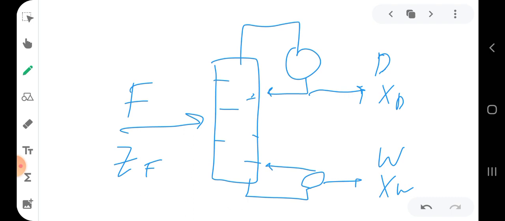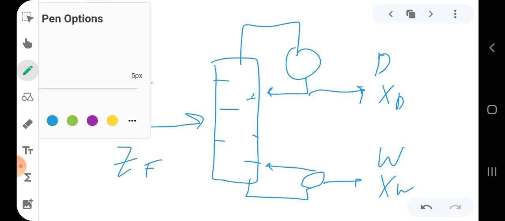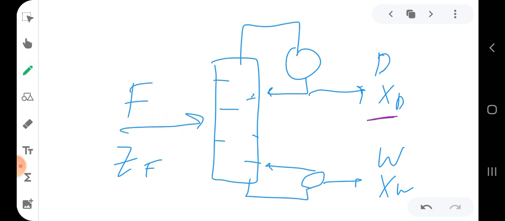Okay, so again we have the same case, but we are going to for example, if we know this XD, so we know our performance, how to determine the required number of stages using this method, which is the Ponchon Savarit method. Okay, so what we are going to do, the first step for applying this Ponchon Savarit method is, the first thing